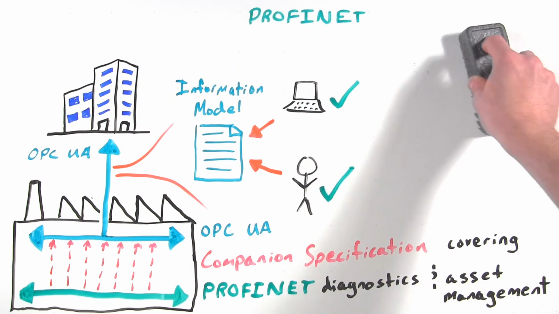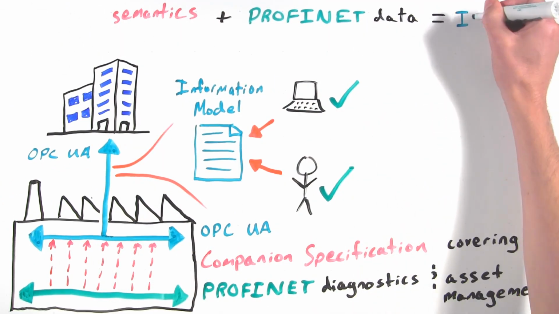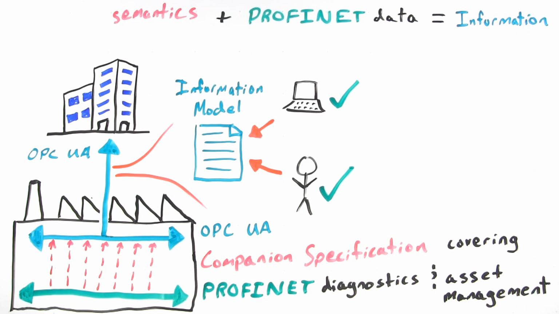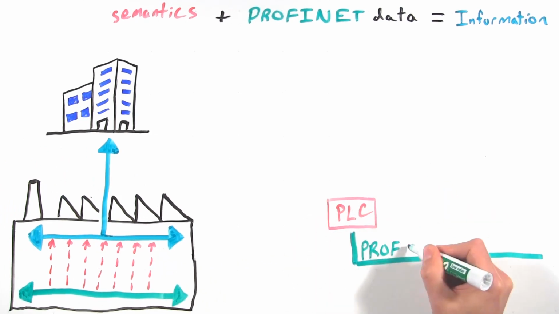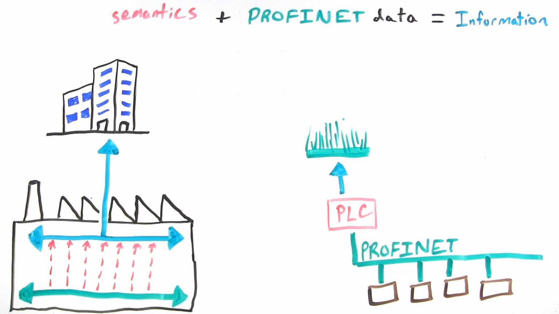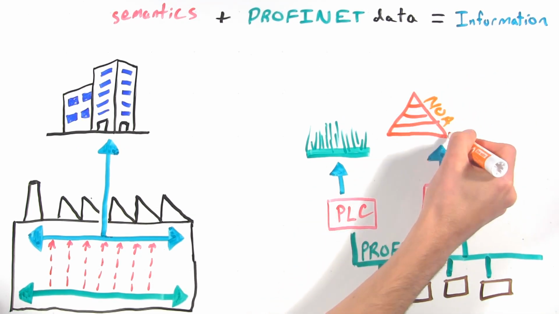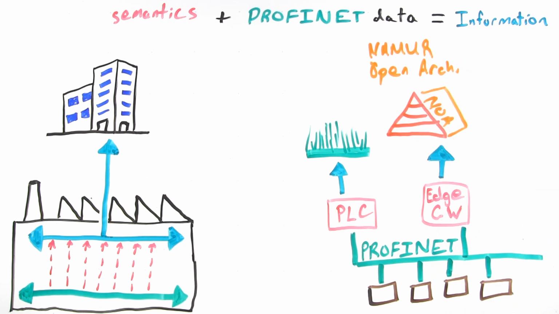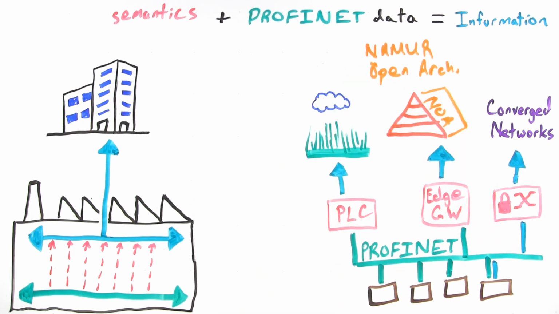Generally though, it just makes moving information vertically from a Profinet network via OPC UA easier by virtue of the valuable semantics included with it. The mapping can be done in a controller, for example in greenfield installations, an edge gateway, for example in brownfield or NAMUR open architecture installations, or even in a Profinet device itself, since both rely on standard Ethernet.